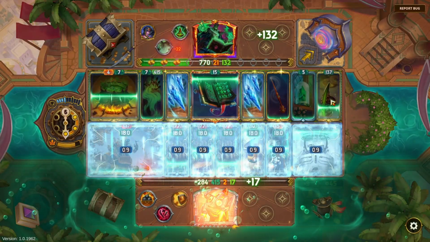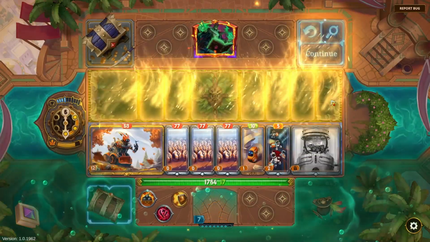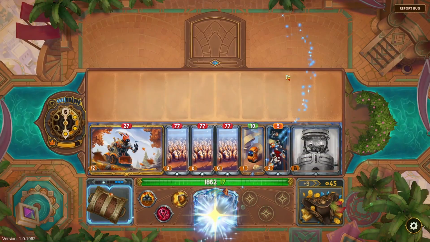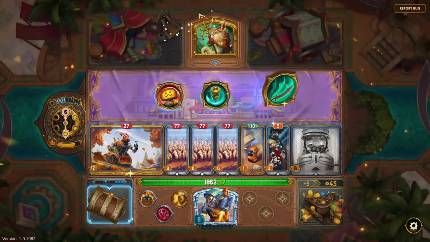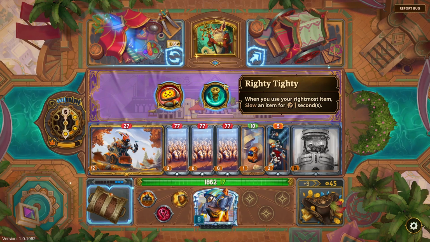We lose to the Lich. I don't think I've yet been able to beat the Lich. The Lich is really, really strong in this meta. I thought my build was good here. I thought possibly we had a chance. But with that second skill that freezes your items for 2 seconds, there was no...